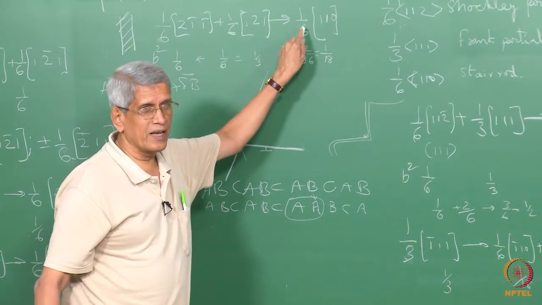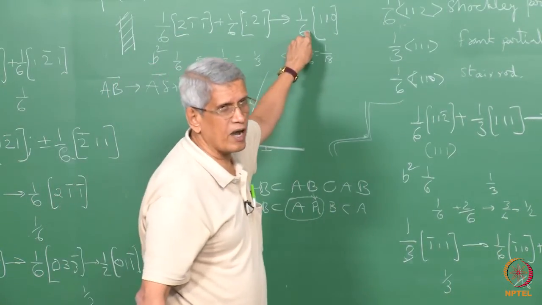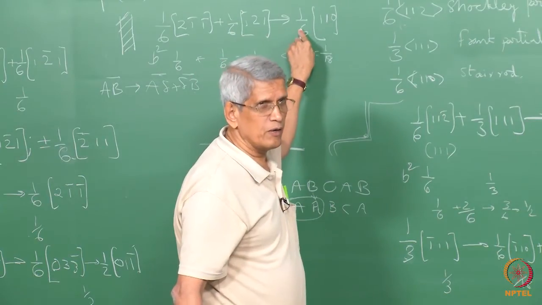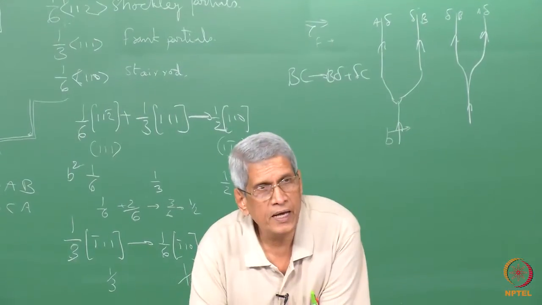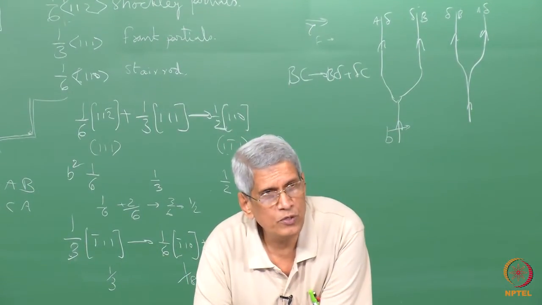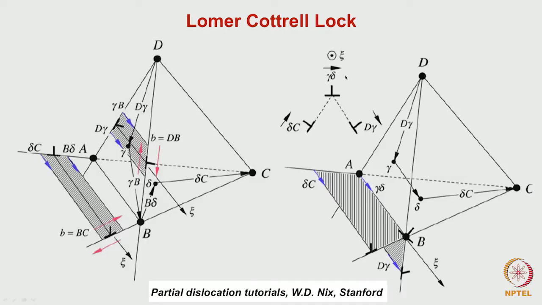That is this Lomer-Cottrell lock. 1/6, that is gamma delta, its magnitude is 1/6 <110>. That is a Burgers vector, okay. And this also becomes very clear because otherwise,